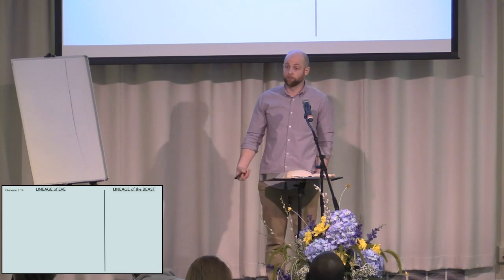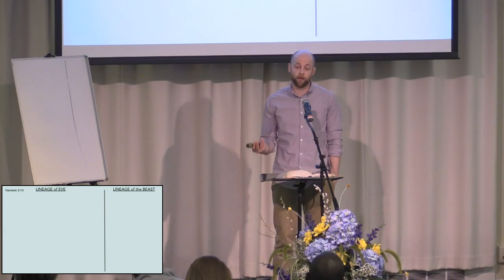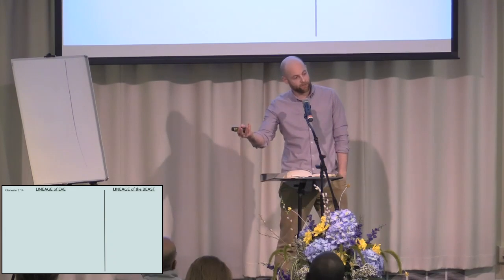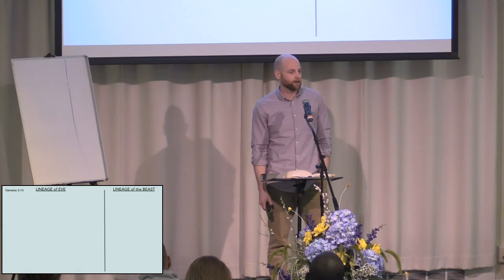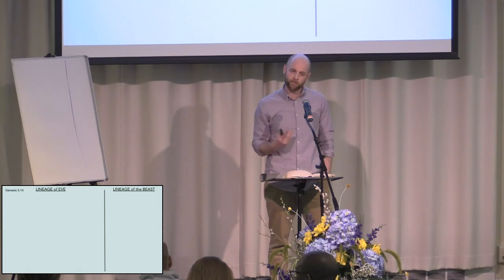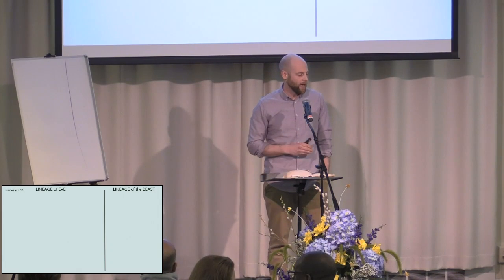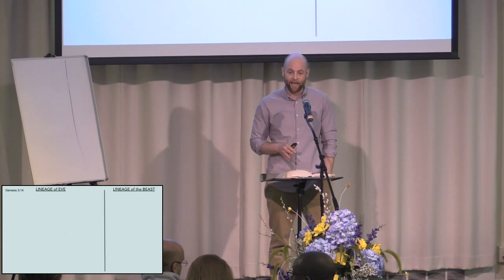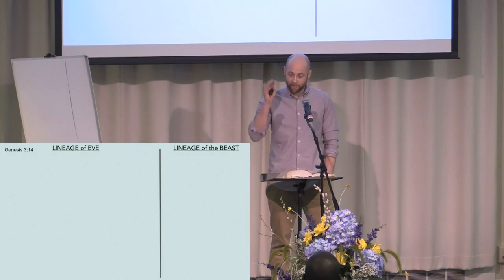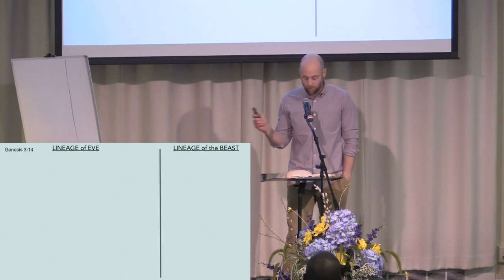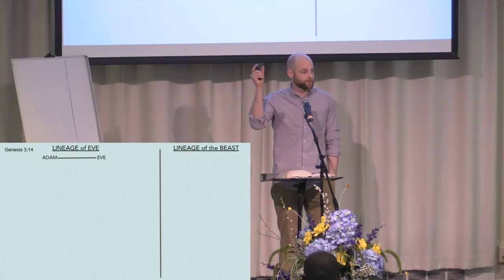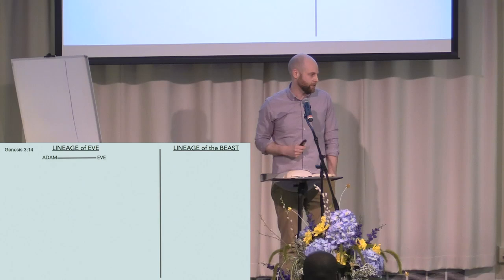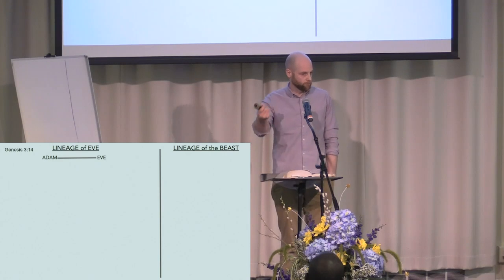Now, essentially what we're going to be doing is making a family tree. I had a subscription to Ancestry.com a few years ago, and it was awesome. It was really cool to trace back my family history, and this is a little bit like that. So I won't go too fast because I'm not writing it at the same time. But Adam and Eve, this is where it begins. The line between them just shows that they're married. So you guys have seen family trees before. You have an idea.